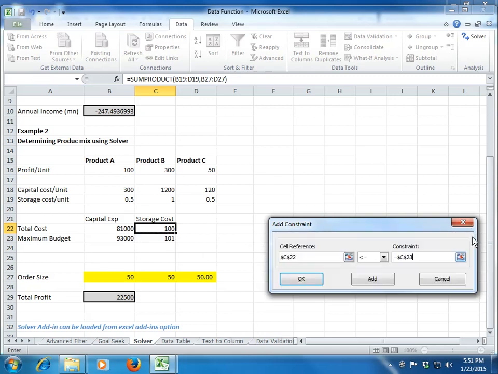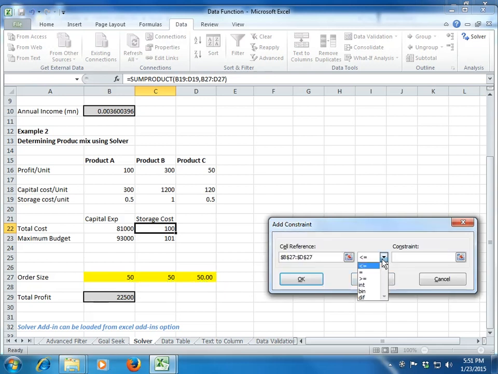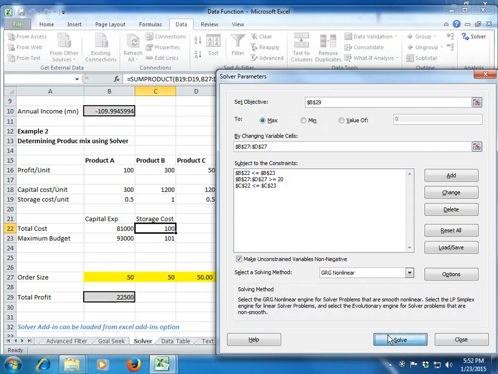If you want, you can add a third restriction, that each of these cells has to be greater than or equal to 1. At least you have to sell 1 unit of this product, or let's say 20, so you have to sell at least a minimum of 20 units of each product. You can give this constraint if you want to. You click OK and you click on solve.